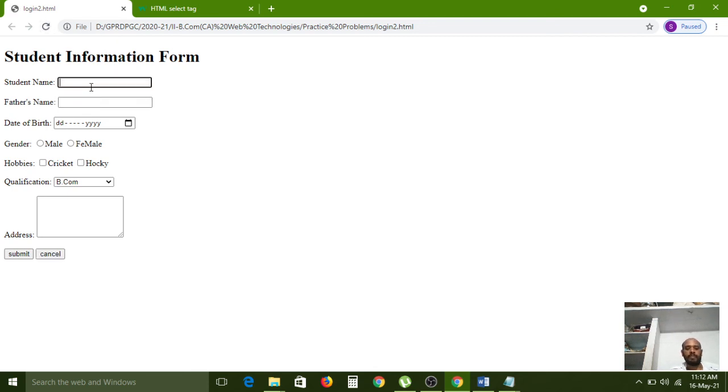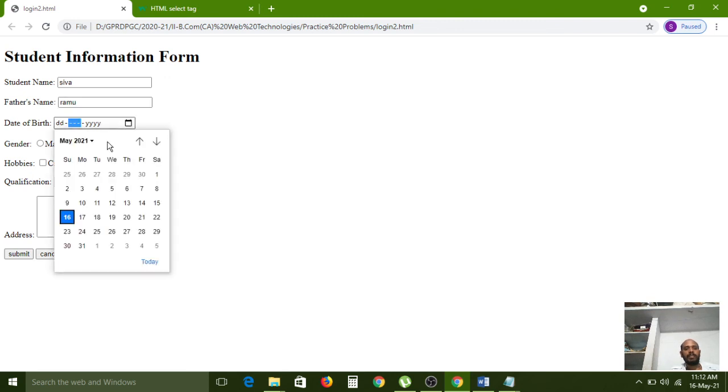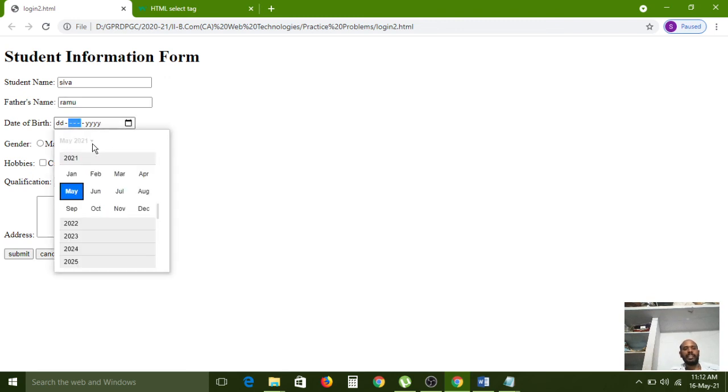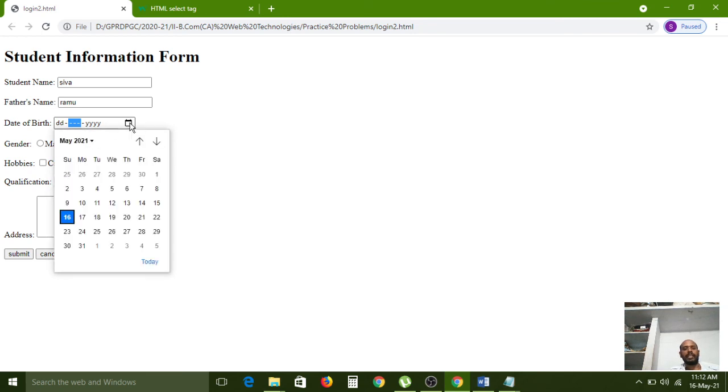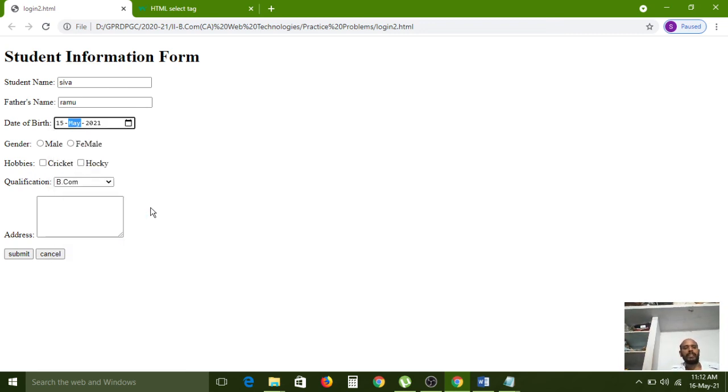Here I am giving my information: Siva, father's name Ramu, date of birth I am selecting directly. If you want to select your date of birth, then select it yourself. 15 is my date of birth, and I am selecting male, and hobbies cricket and hockey.